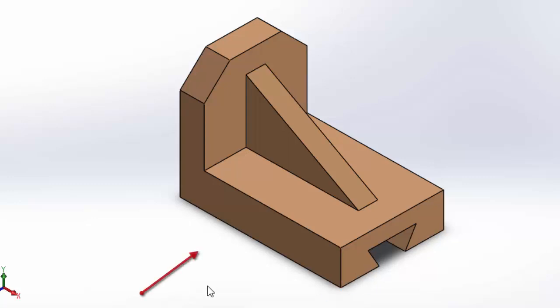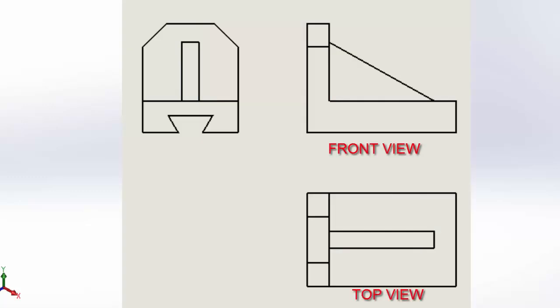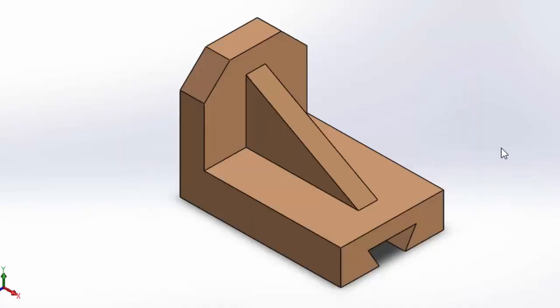So let us assume the arrow is here and this is the front view. And now we have to draw the front view, top view and right side view. As we all know, in first angle projection, the top view will be beneath the front view. Similarly, the right hand side view will be in the left hand side of the front view and the left side view will be in the right hand side of the front view. That is the general schematic layout of an orthographic projection in first angle projection. We are using first angle projection, so we have to follow this. Let us start to draw.